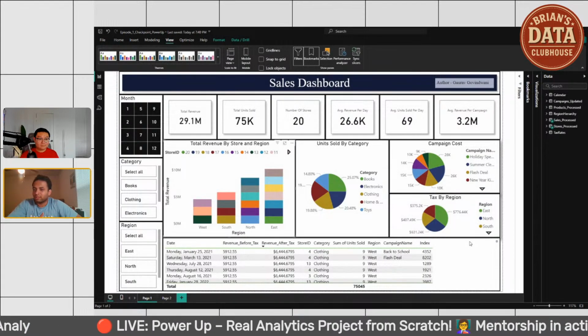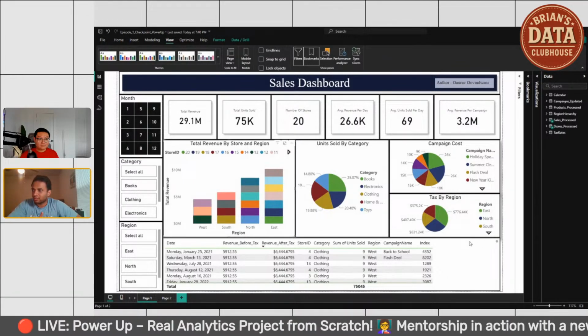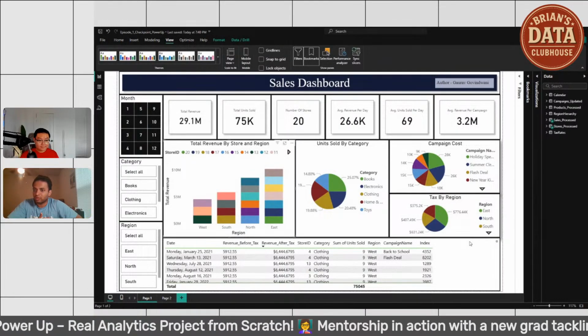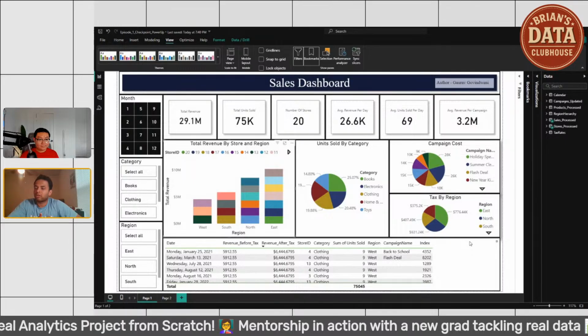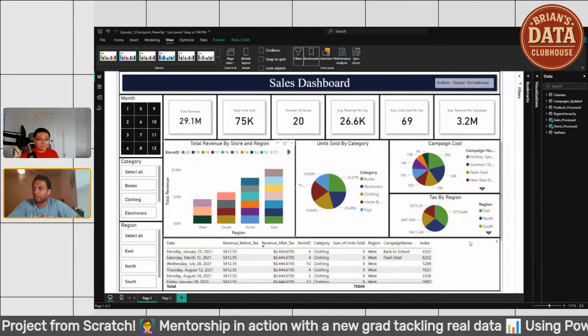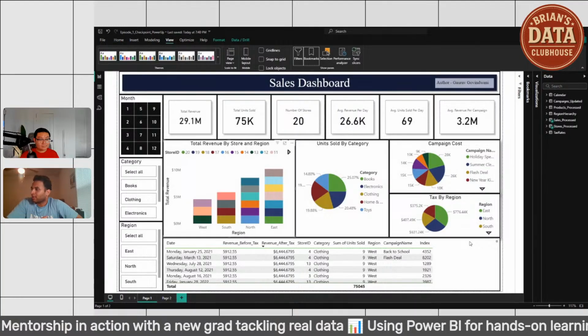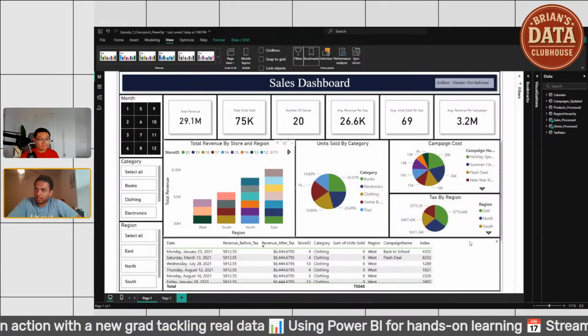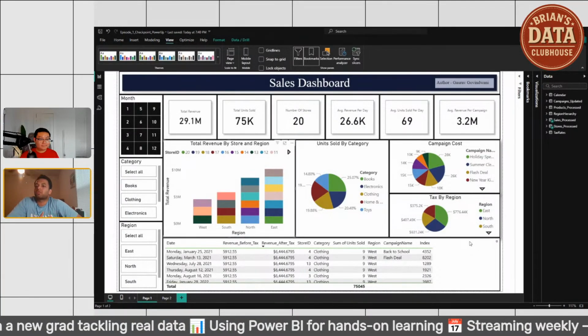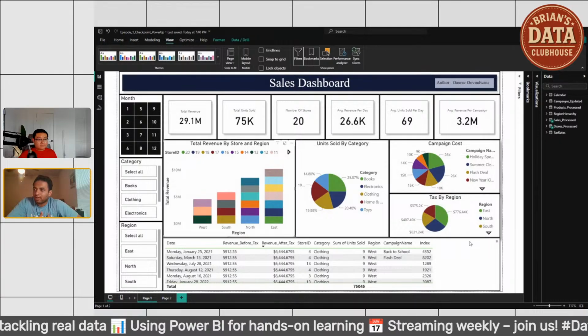So we need to understand what the business needs for us to implement the right charts in the right dashboard. Because if this is for a regional manager,